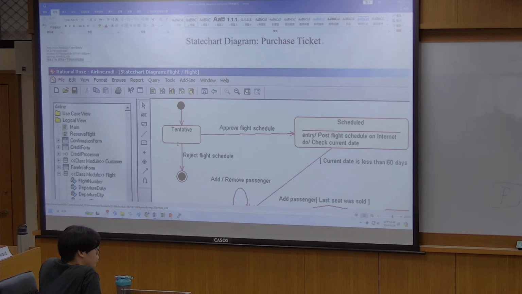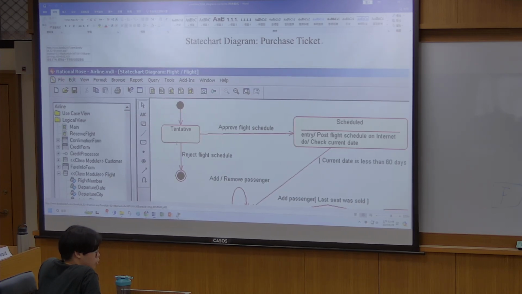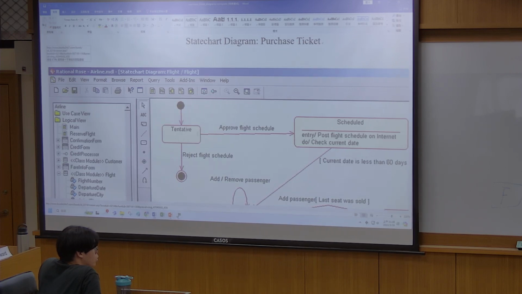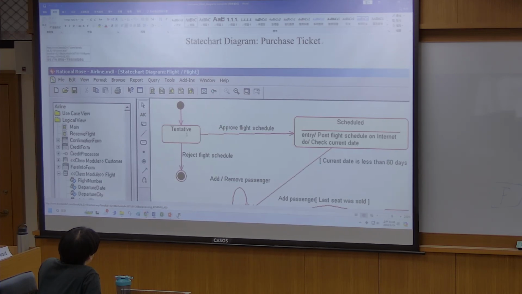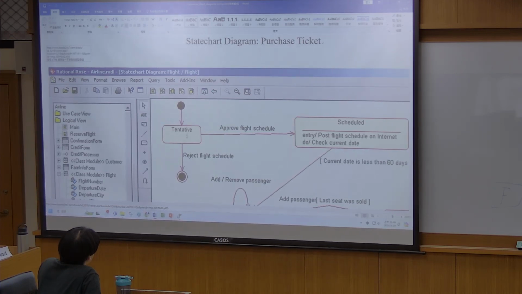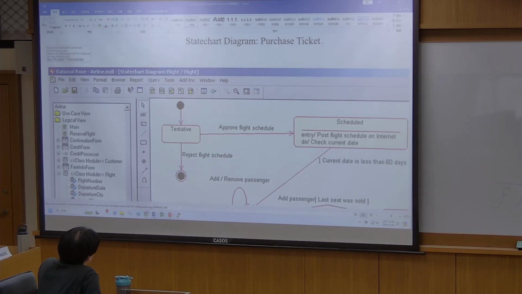I use the word descriptive, right? So when we see that a flight is tentative, then we know that it's not scheduled yet. And it goes to scheduled when the flight schedule is approved.